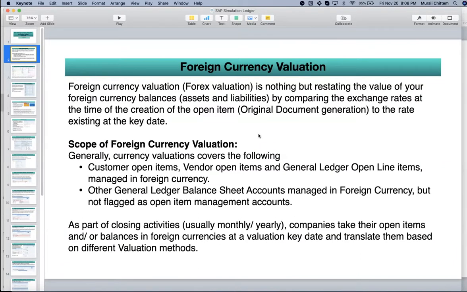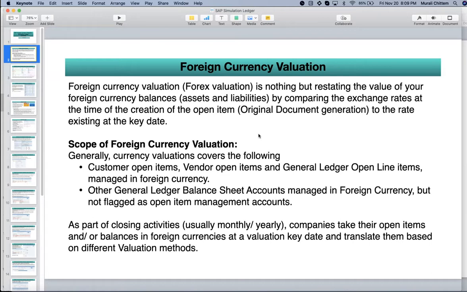Normally they won't give the loan in INR. They will give it in USD, because USD is a strong currency and most transactions happen in USD or Euro, whatever the foreign currency is. So those GL accounts need to be revalued as part of this foreign currency valuation.